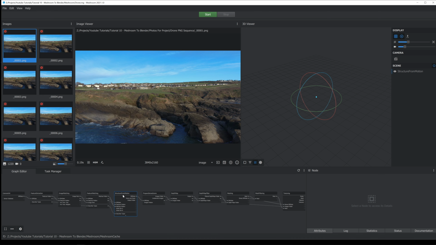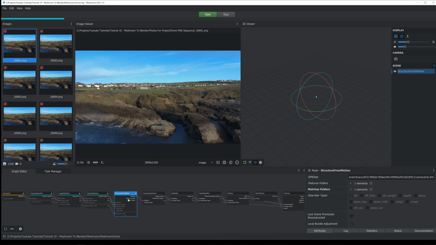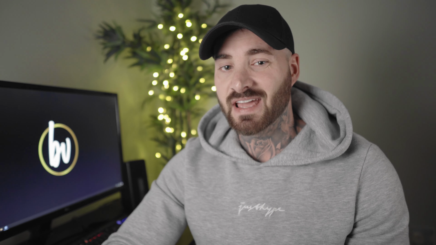Now that's saved, right click on the Structure from Motion node and click Compute. I don't like to process a whole node tree until I know I've got a good camera solved first. You'll see what I mean in a second. Now if you've got a lot of frames like me, then it could take a while and it could be worth leaving it for the afternoon or so. The speed of your computer will determine how long it takes to process.